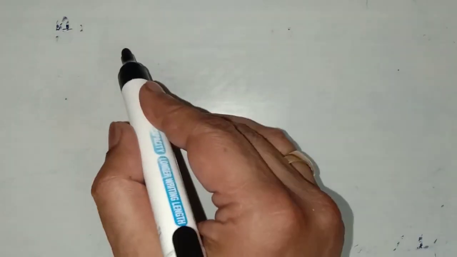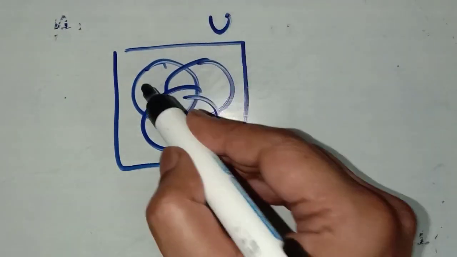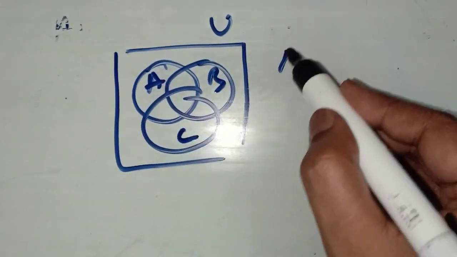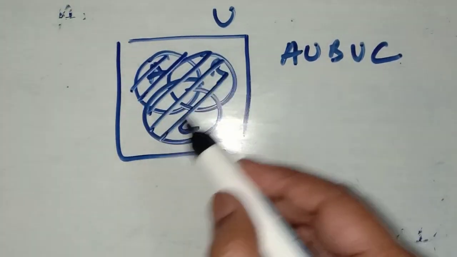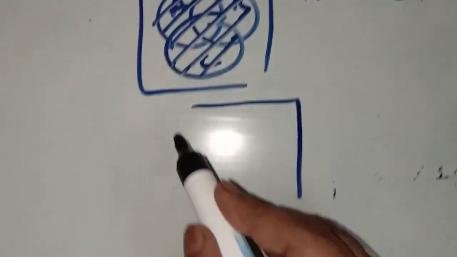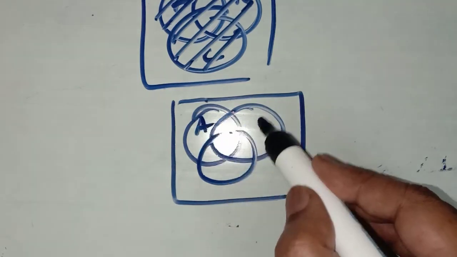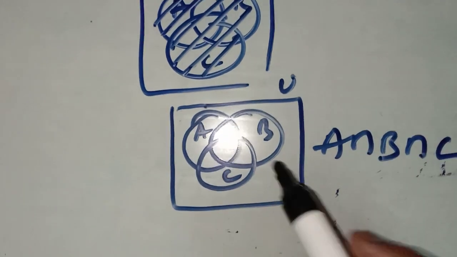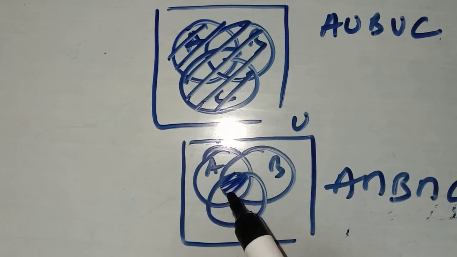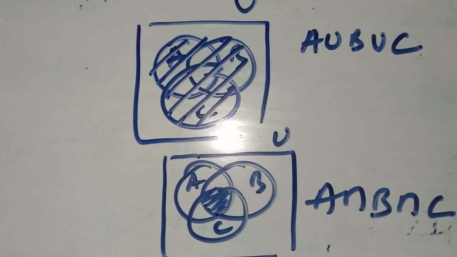After that you can easily represent sets containing 3 sets also. 1, 2, 3, three sets A, B, C. So what is A union B union C? It will be the total elements of A, B, C, like this. Then suppose you have to find A intersection B intersection C. It means the elements common to these 3. So this is the common element to these 3. This is the way you can represent the Venn diagram for three sets.